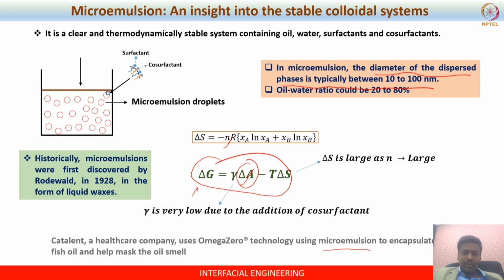We will look at the different types of microemulsion, and we will look at the phase diagram. From the phase diagram we can understand various domains, and how one can choose, depending on the state of the emulsion, the right experimental domain or operating region based on the ternary phase diagram.